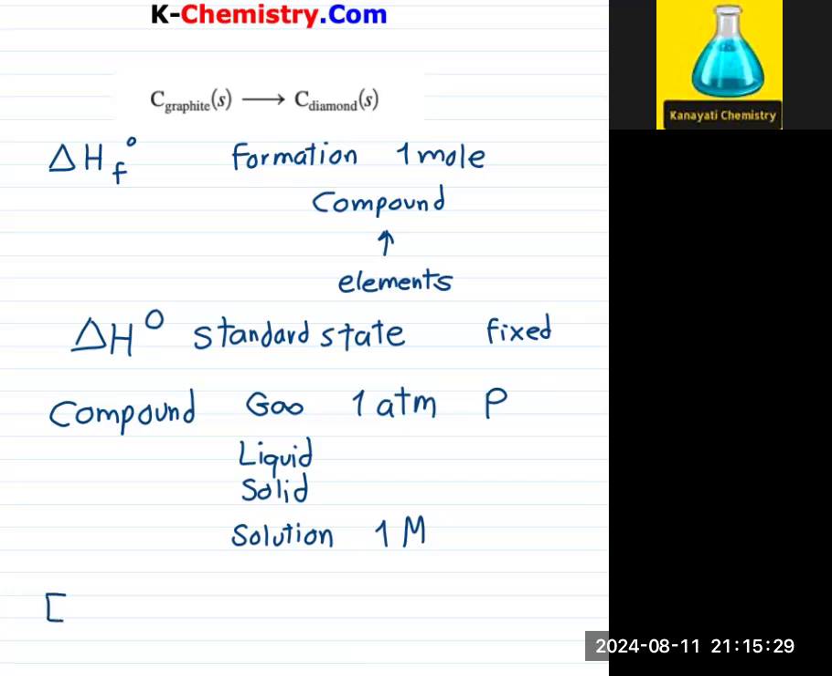What about if it is an element? Then at 1 atmospheric pressure and 25 degrees centigrade, I will check what its physical state is. For example, oxygen at this pressure and temperature exists in the form of gas, and sodium, for example, exists in the form of solid, and mercury liquid, and so on,